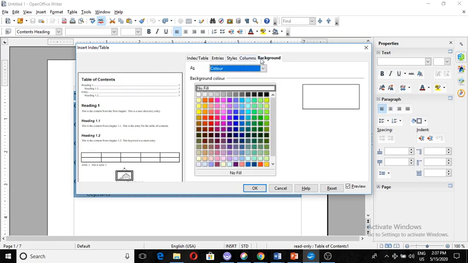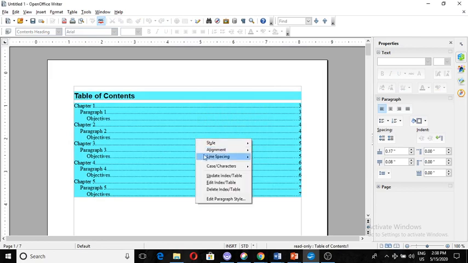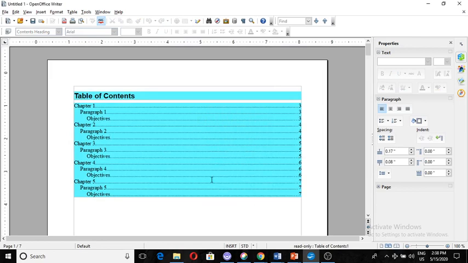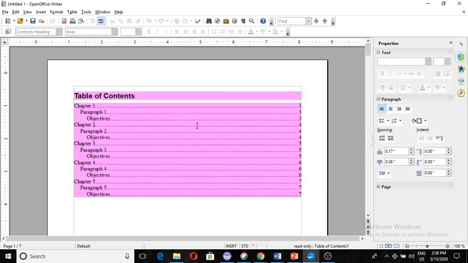If I want to change the background, suppose I want to fill any color, see, I can change the background of my table. Right click it. If you want to take any other color, you just select it, OK, and see the change in the color.